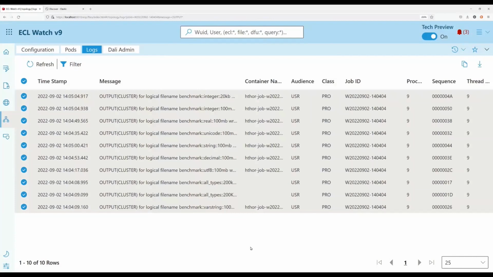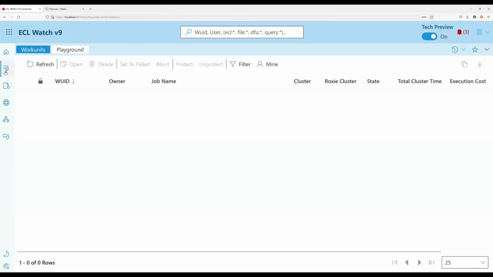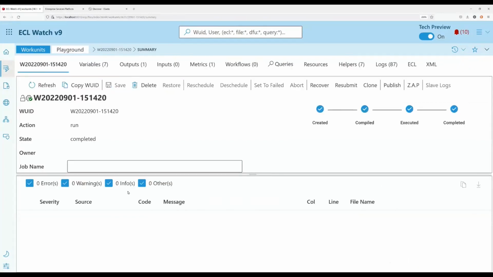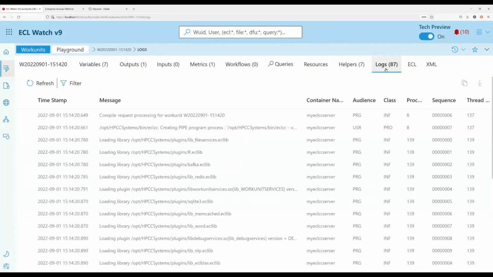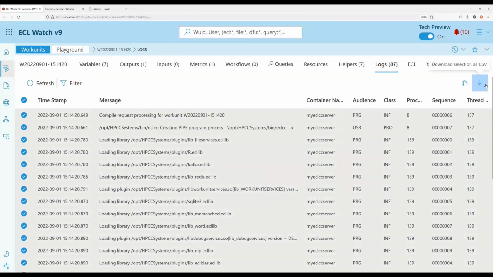A version of this log viewer interface has also been embedded within each of the work unit views. So for that, let's take a look at the ECL section, and then let's choose a random work unit. From this view, we can find the embedded logs viewer from the logs tab at the top right. This view includes the same exact functionality as the general log viewer, which includes filtering, selection for copying or downloading,